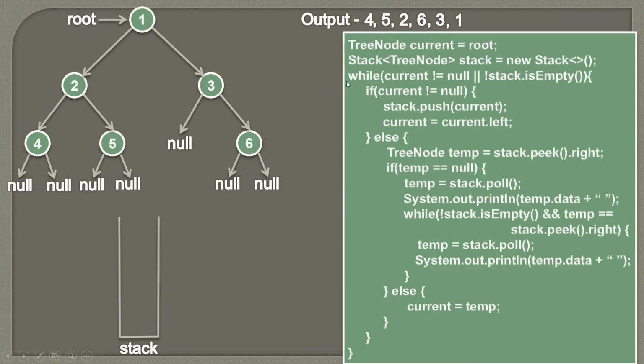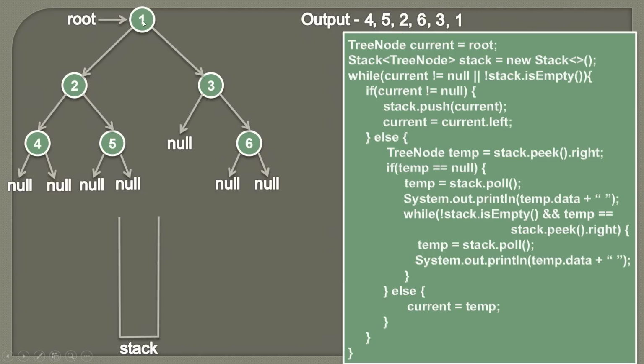So friends, here you can see that using a stack, we visited all the nodes of this binary tree using the post order traversal. So this was the sequence. First 4 was visited, then 5 got visited, because before visiting 2, we need to visit its left part, then we need to visit the right part, and then we can actually visit the node. So 2 was visited after that.